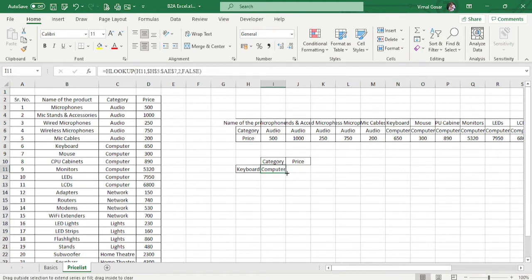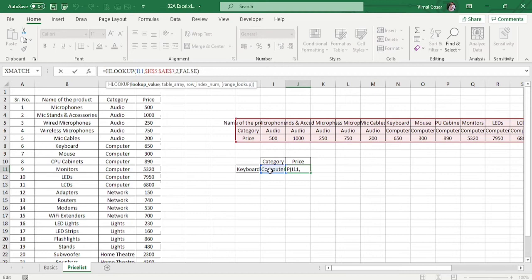Now the same thing I will be trying and using for my price as well. So now see, if I am dragging it further, what is happening? It is also dragging. Observe over here, we are having H11 as my cell reference. The cell reference value is my H11, but the moment I drag it, it will also move the entire reference one cell towards the right. So now instead of H, it has taken I. There are multiple ways of changing it.